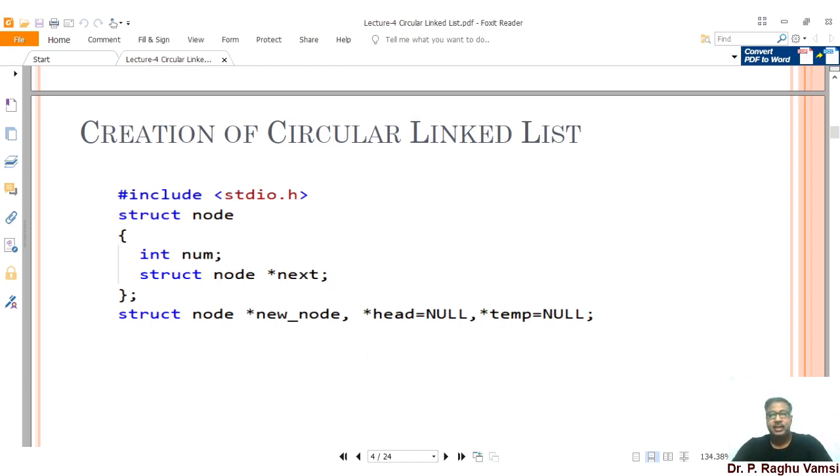This is how the circular linked list goes on. That is the reason we have created a head node, a temporary node, especially for manipulation.